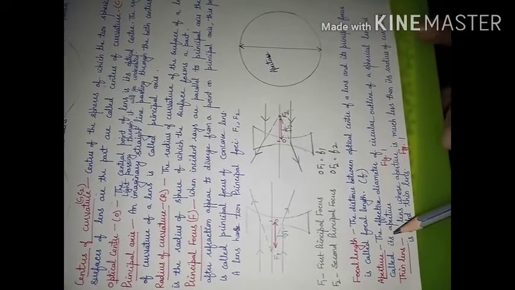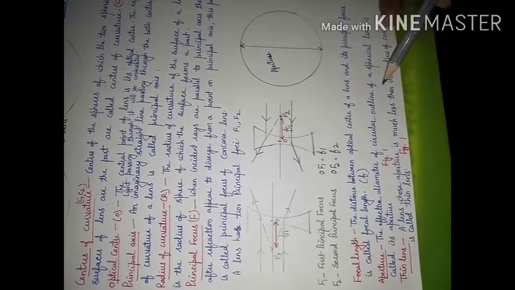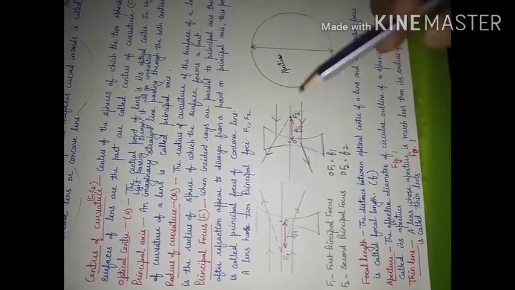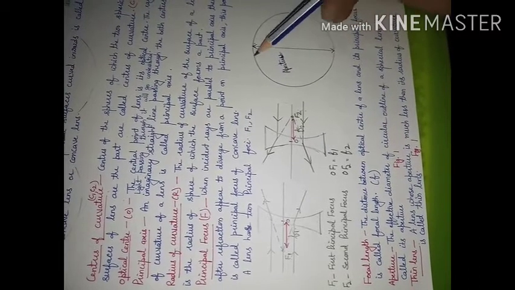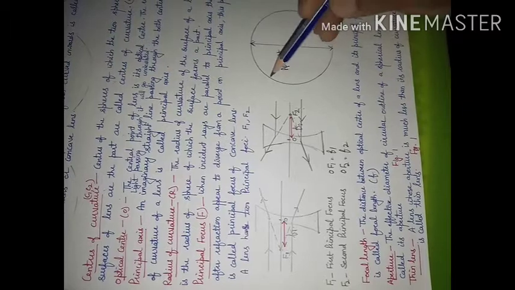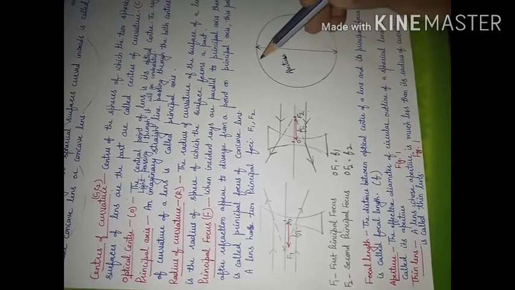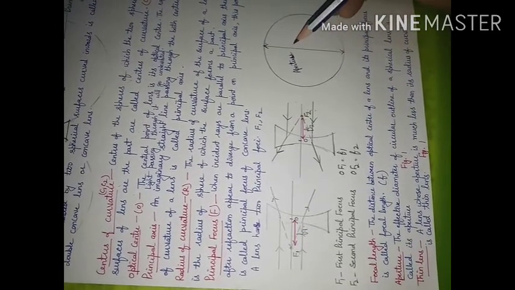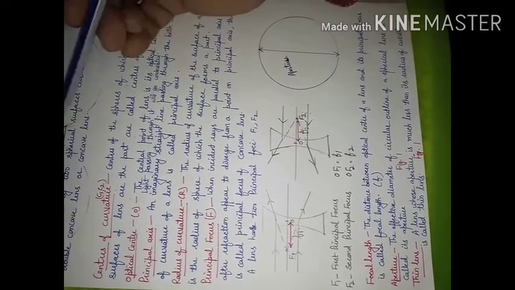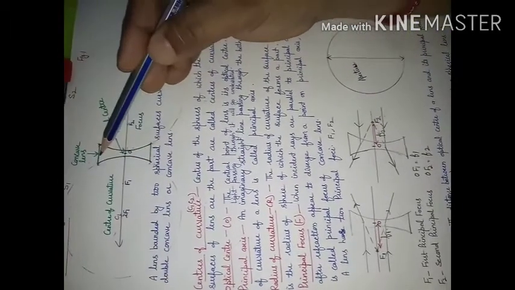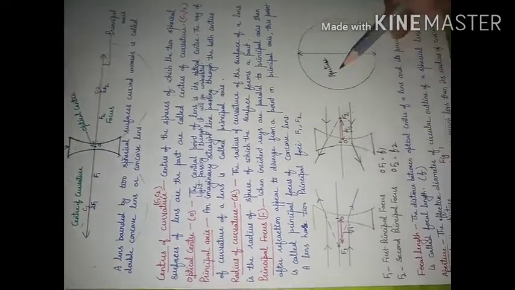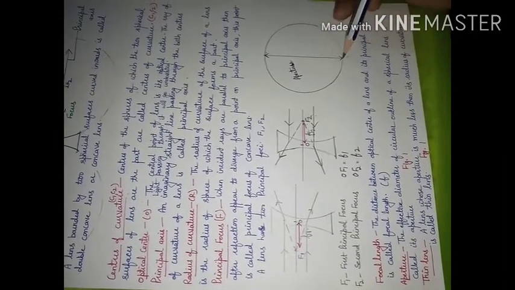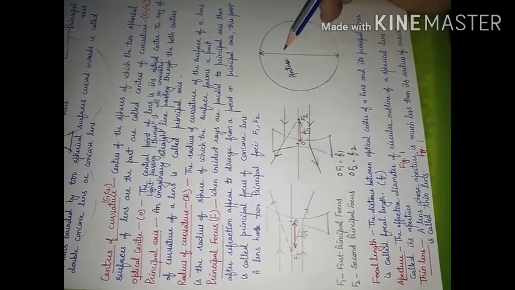Now what is aperture? Aperture means the effective diameter of the circular outline of a spherical lens. It means you will have a concave lens, and you will keep it on the paper and mark its boundary. Then what will be the diameter of that circular shape that you will get? That will be known as aperture. So if you see in this diagram, this will be the aperture. And if you keep it on a paper and mark its boundary, then the diameter of that circular shape will give you the aperture.